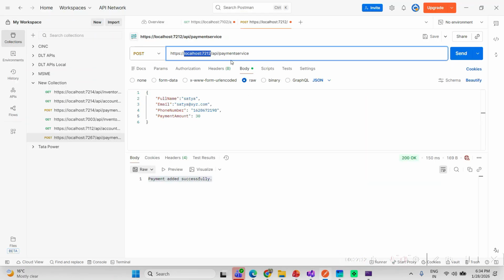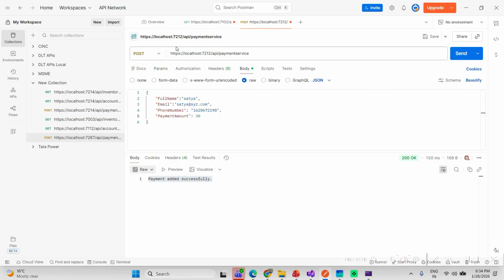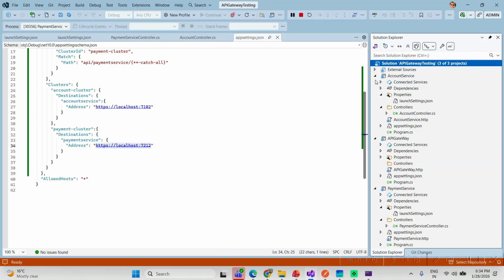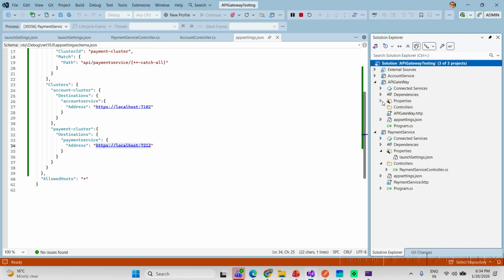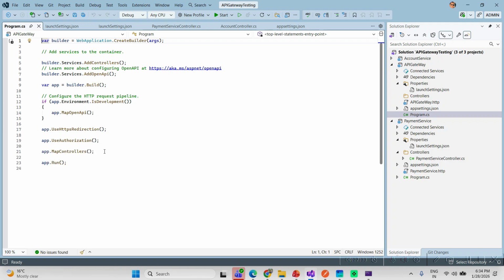Let me open the Postman. Now, earlier you were able to see that client request we were sending to this destination, and for the payment request we were sending to this destination. But after implementing gateway, let me go and, okay, sorry, my bad. I need to update that program file. Okay, I can delete this and I can delete that, and